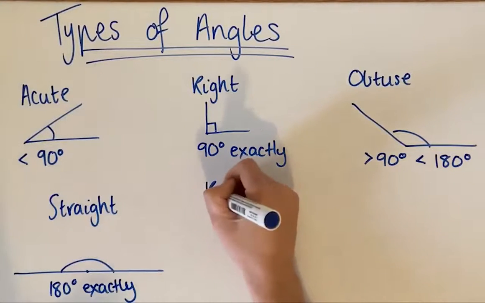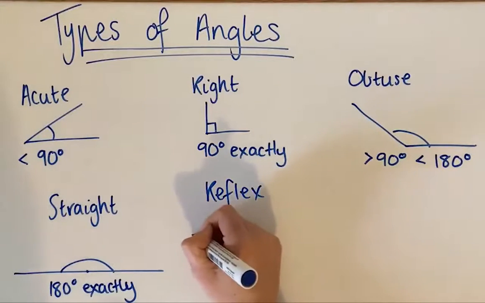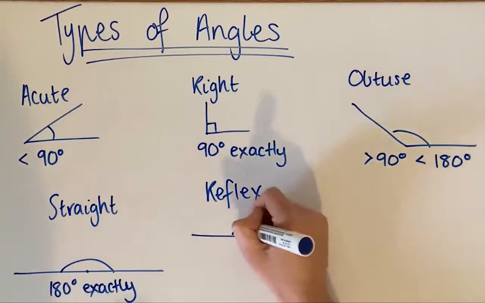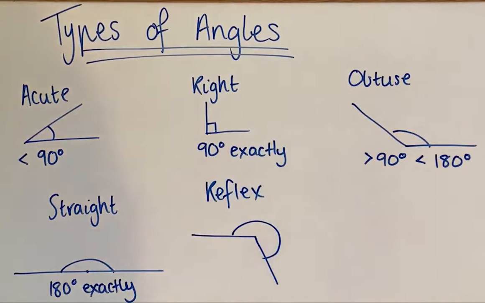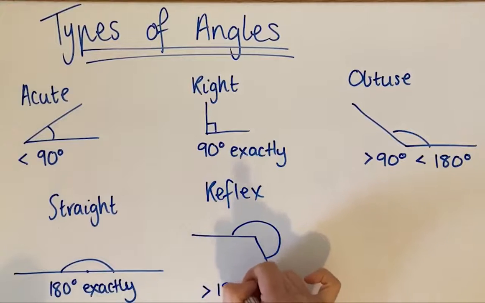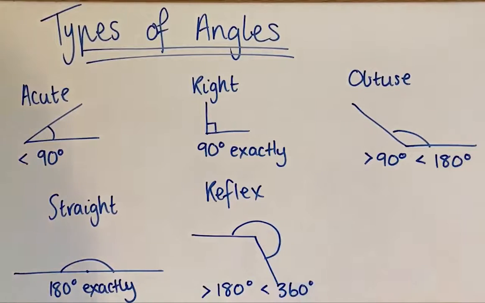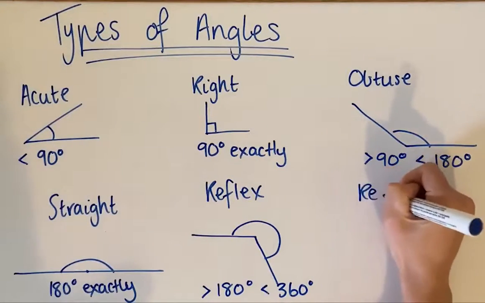Okay, so if this is sort of like the peak of the angle, you can see it's perfectly flat. The next one is called a reflex. Now, the interesting thing about a reflex is there's quite a big range of what is accepted as a reflex, okay? But what you can see here, if we're looking at this part of the angle where the circle is, they're greater than 180 degrees, but they're less than 360 degrees. So that's quite a big range of things that can be classified as a reflex compared to the other angles, okay? And the last type